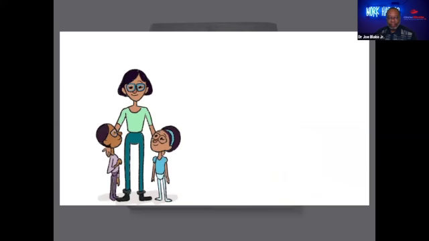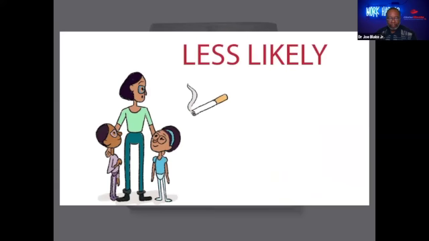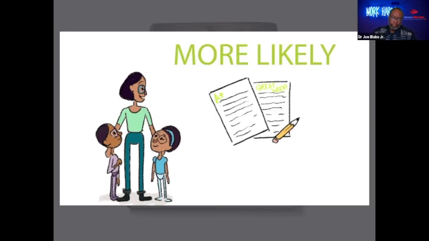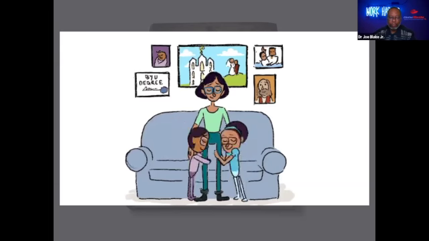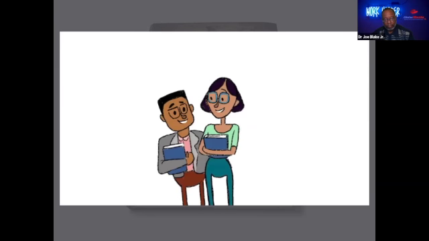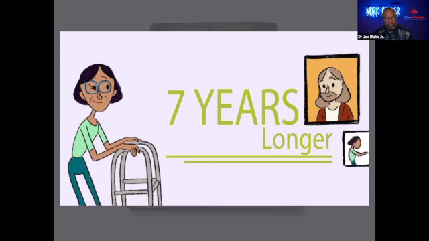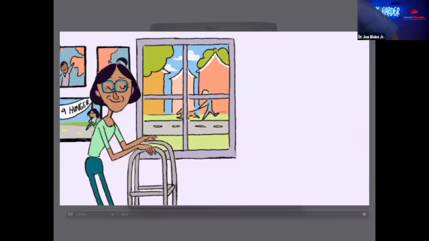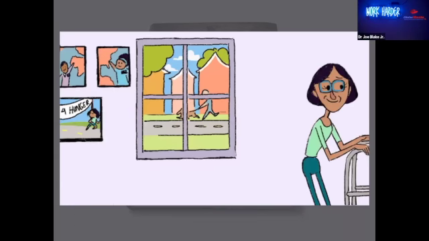And when your kids come along, they'll be less likely to smoke, abuse drugs, or wind up in juvenile detention, and more likely to develop good academic habits. They'll be healthier and happier, and you'll be a better parent. Even your grandkids will have better relationships with their mothers because of your religiosity, whether or not your children are religious. Being religiously active is a gift that keeps on giving. When you get to the end of your life, 7 years longer than a non-religious person's on average, you'll find that you've contributed to a better world by giving more of your time and assets to charity. And if you believe in an afterlife, then maybe the best is yet to come.